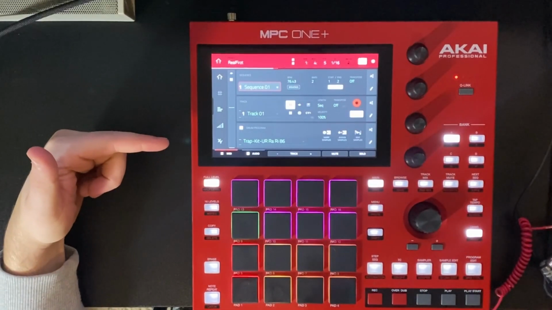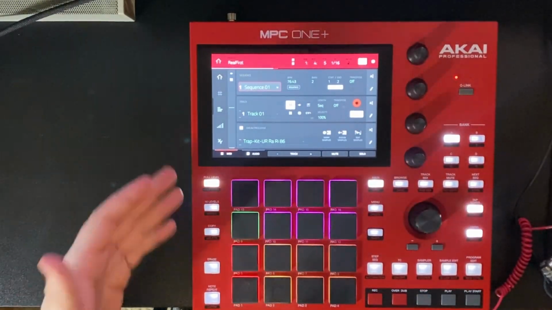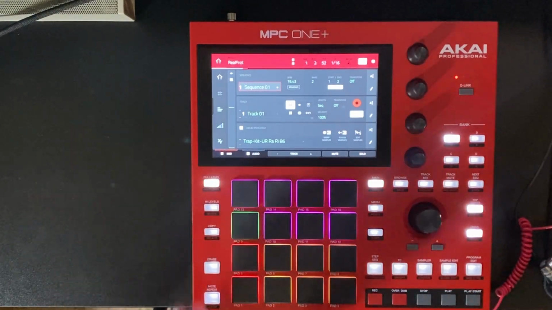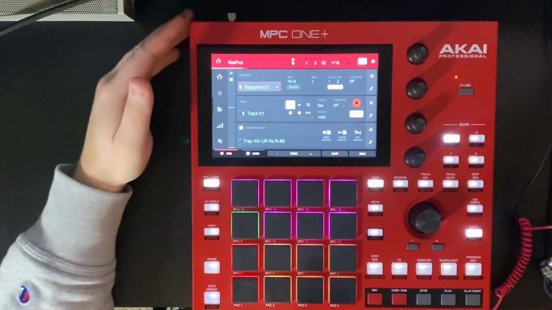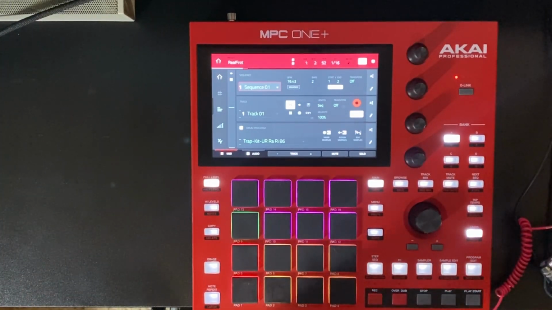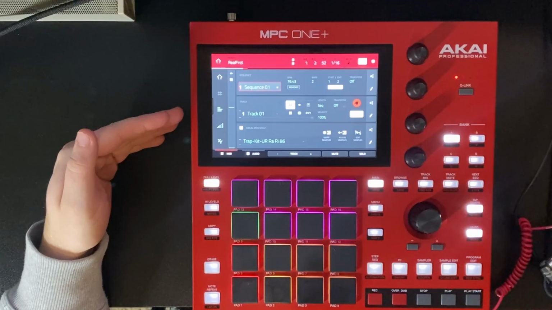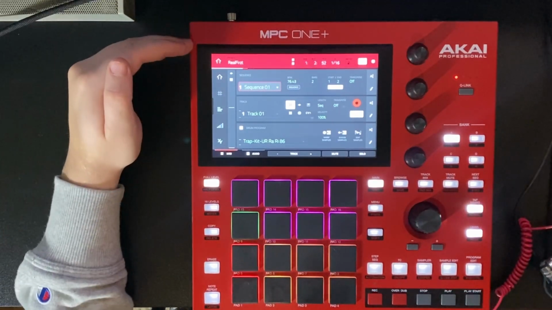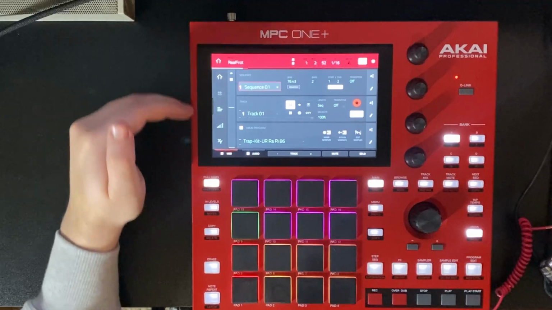I just bought my first MPC, and I just made my first beat on the MPC. Now, this isn't very good, but remember, I come from a DAW world. I've been using Ableton for like the past 10 years, and so I'm just going to give you my first impressions on the MPC and kind of the workflow that I have quickly adapted to after watching 1 or 2